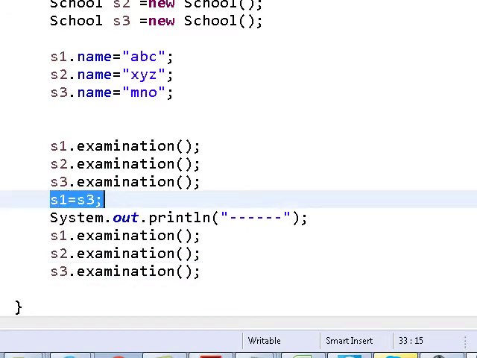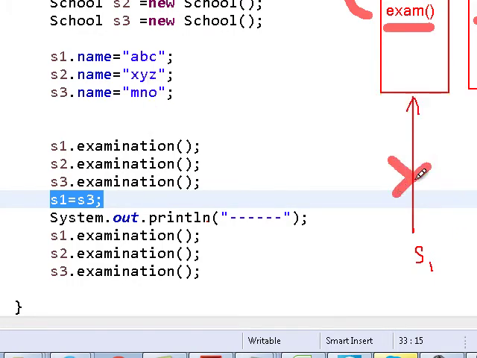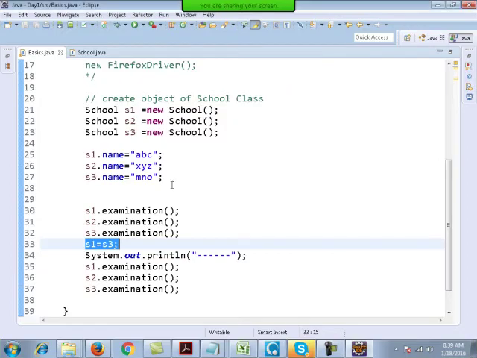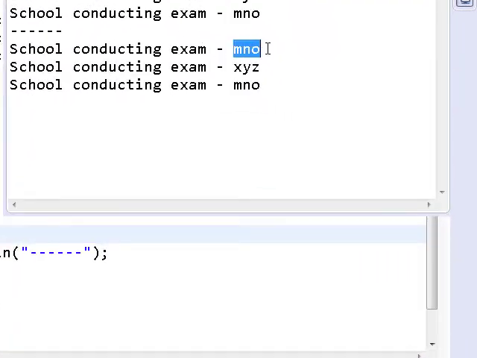S1 equals S3 means that S1 will not point to this object now. S1 will start pointing towards the object to which S3 is pointing. So with S1 and S3 both, you can read the values of the third object. So when you run this, S1 also prints MNO and S3 also prints MNO.